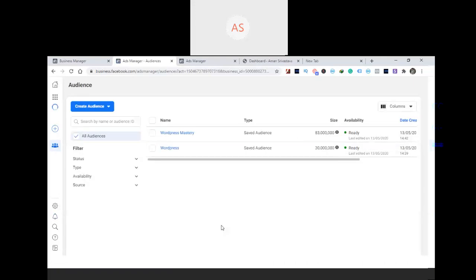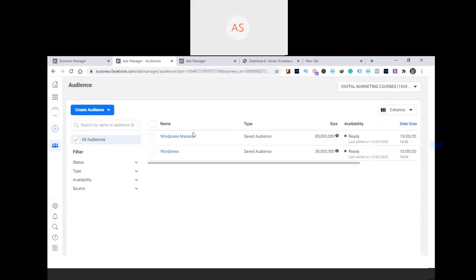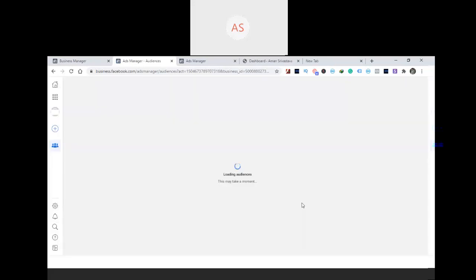Okay, so being a beginner, I suggest you guys create at least 4 to 5 different types of audience. And when you're a beginner, there's a suggestion for you guys that what you do is just go ahead and choose to run the ad in your own city. Okay, so for example, this is the audience which I already created. I'm going to just delete this audience and I'm going to create a few new audiences.